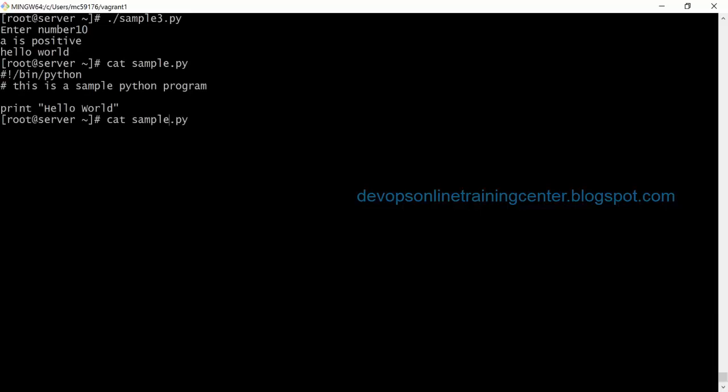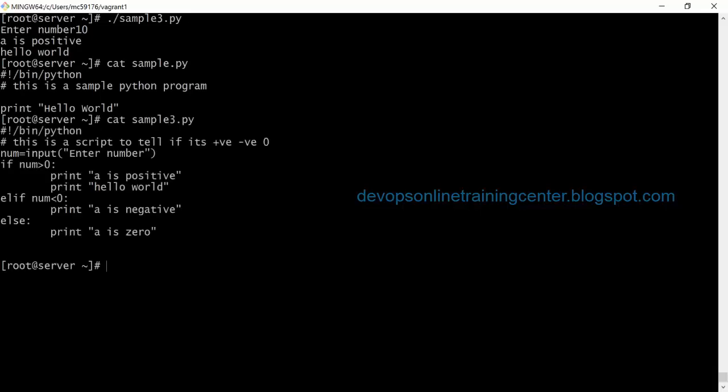Sorry, sample3. Is this clear? Is this clear? Yes, Santosh. Okay. So this is a simple if statement where we can make a decision based on the requirement, right?